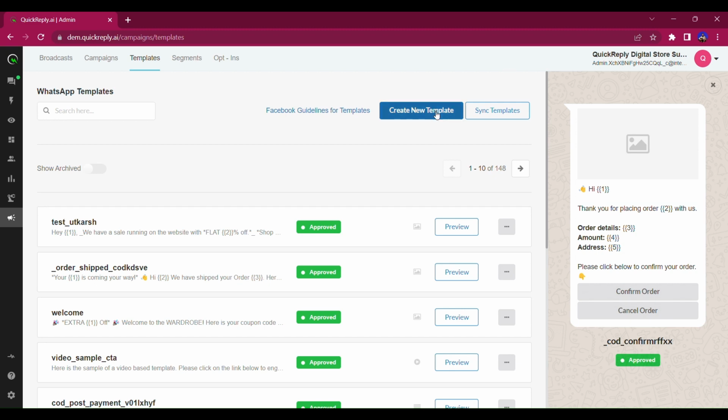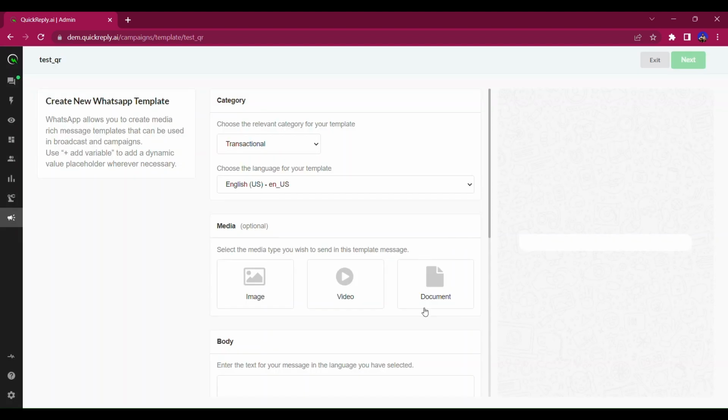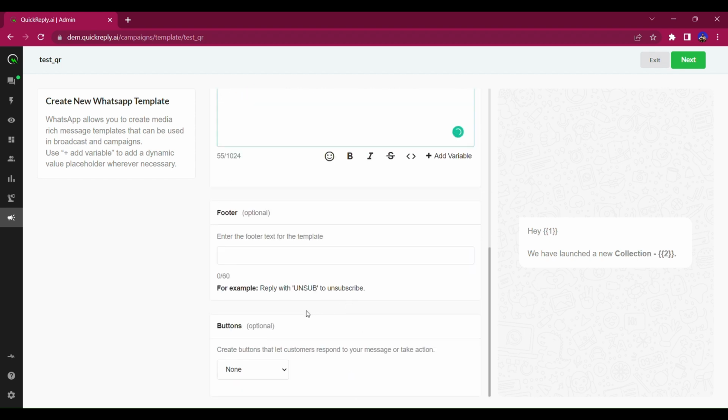For reference, I'll be creating a new template. To learn more about how you can create a template, you can see the video in the description. So I'll go with a simple template here with a variable. We have launched a new collection, with the collection name as a variable, and I'll simply bold out the content. I'll add a footer here,